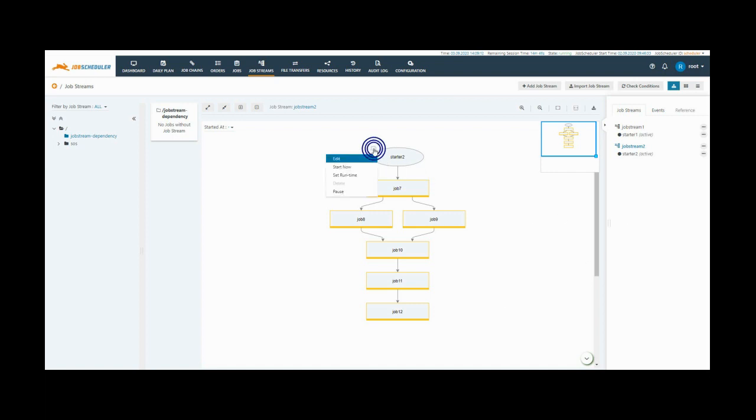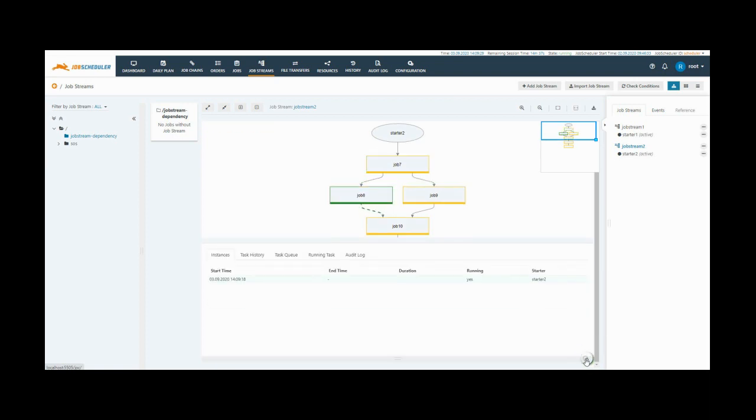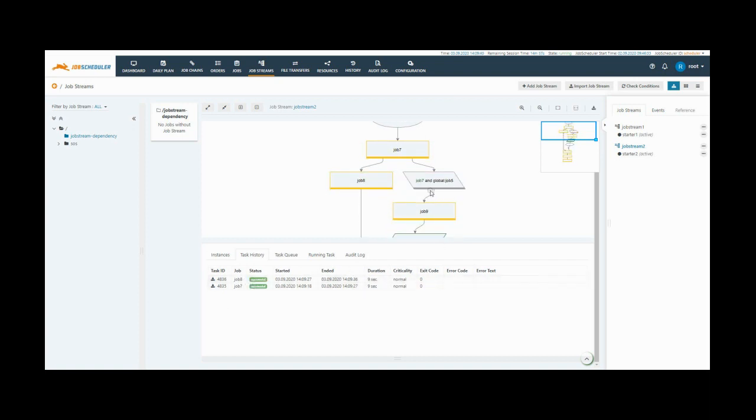To start, click on the action menu of the starter and click on start now. The job stream is running. From the history view you can see the task history. Jobs 7 and 8 are displayed, but job 9 is not running over here. From here you can see job 7 is green, which is true, but it did not get the global job 5 event